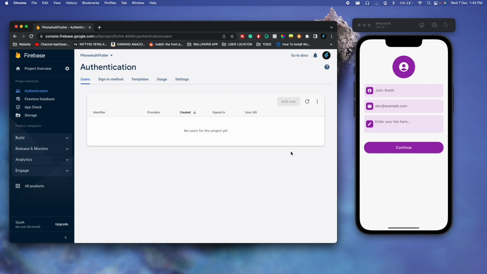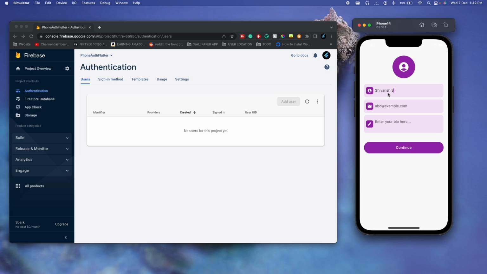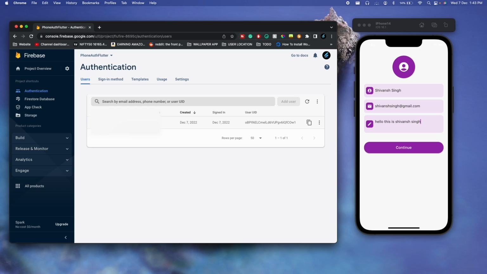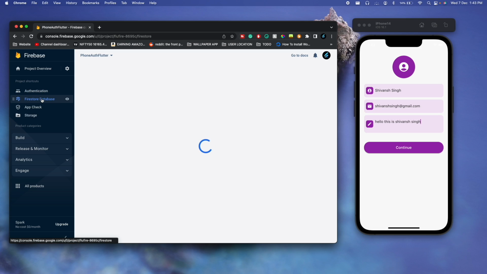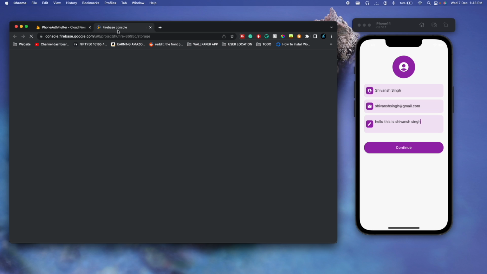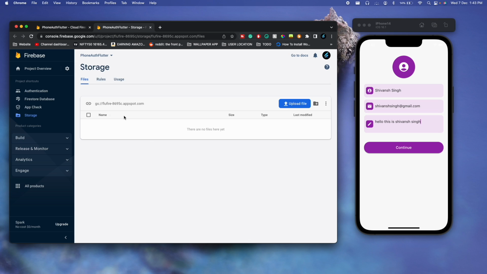So this will redirect me to this screen where I need to enter the user information. So let me enter my name. Then I can enter this particular email address and provide a little bit of bio. So hello, this is Shivan Singh, and okay, if you see in the authentication tab we get a new entry added, but if you see into our Firestore database, which will be our database that we are going to use, there is currently no entry, and also in our Firebase storage the user profile is not updated, which means nothing